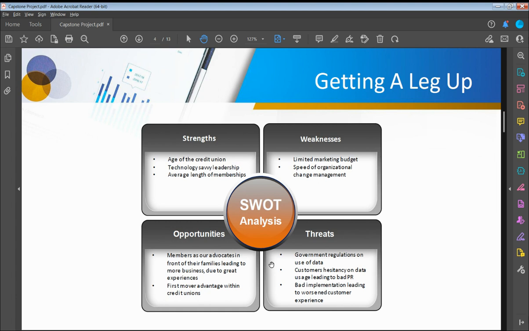Some of the threats that we see are that if government regulations on the use of data change, then using AI to come up with a new, novel solution is going to be hampered, and that is some of the threat that we can foresee in the future. Apart from that, if customers are hesitant about the usage of data, that can lead to bad PR as well, and we have to make sure that customers are on board on the usage